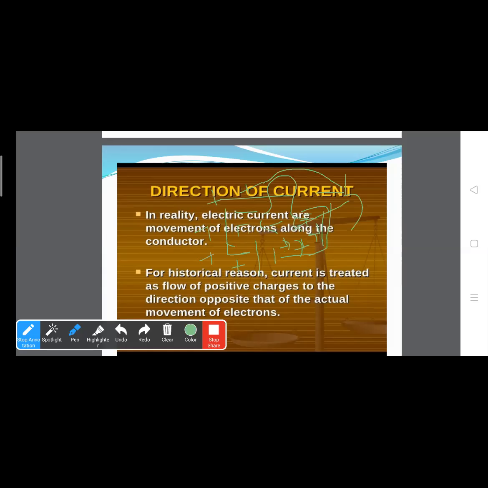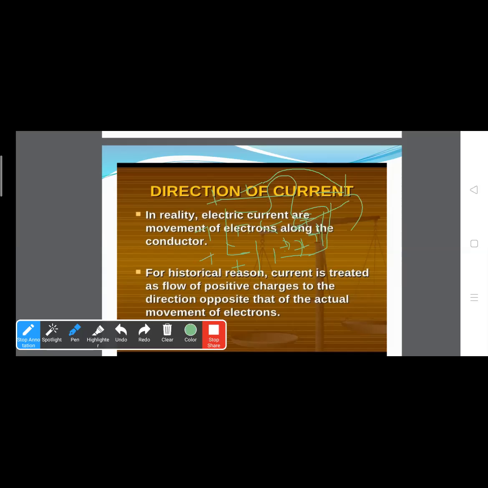Now, when we say current, what do I mean: electronic current or conventional current? Because at one time you can assume it to be either. Then what will we do? We will either always consider that current starts from negative and ends at positive, or we will assume that current always starts from positive and ends at negative. Right? You can assume both things.